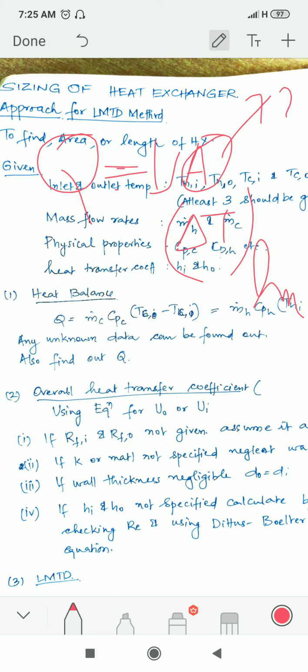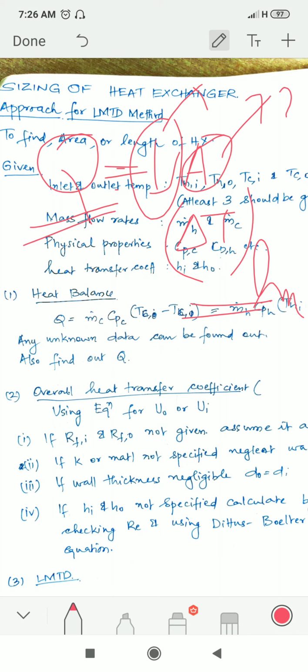So first we need to find out Q. Q is actually m C delta T. So it is mH CpH delta TH or mC CpC delta TC. Both are the same. That will be our first step, and the second step will be finding out our LMTD, logarithmic mean temperature difference. LMTD is very easy to find out if we know the 4 temperatures and the flow arrangement, whether it is parallel, counter, cross flow etc. So that is required for delta TLM, and for U, either it will be given directly in the problem, or HI and HO will be given, so that we can find out U from the formula.